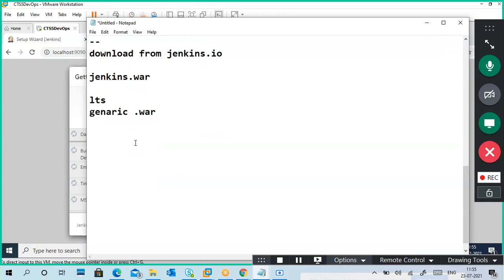Next, I gave this command. I copied, actually cut and pasted, the file to a folder named Jenkins folder.